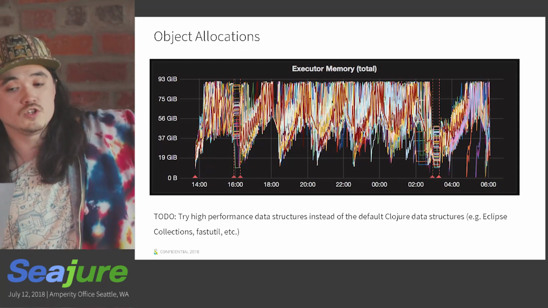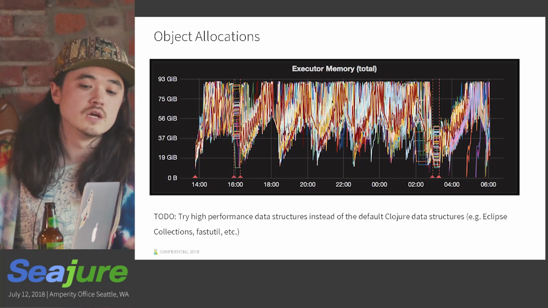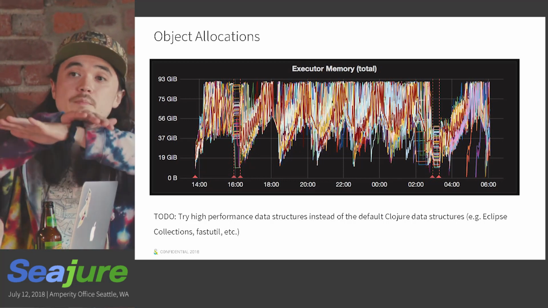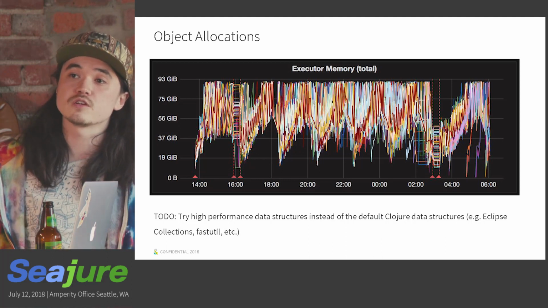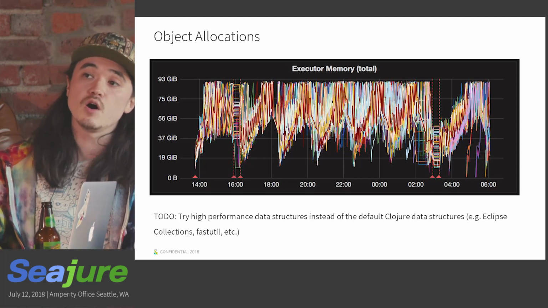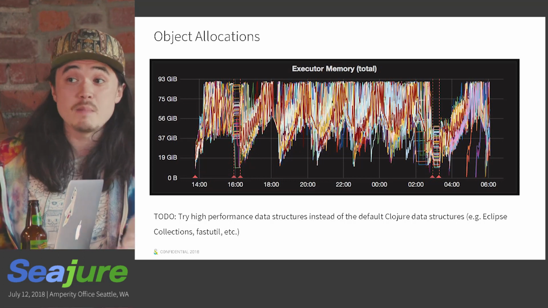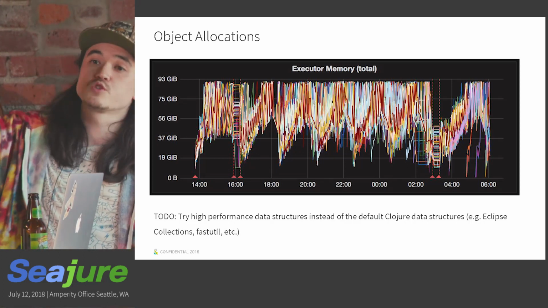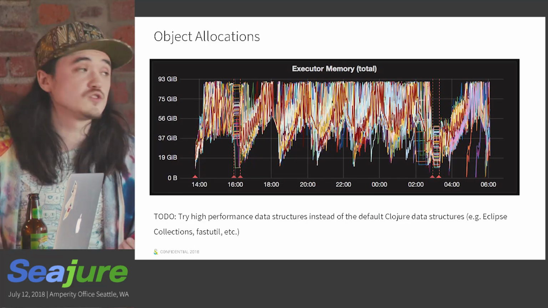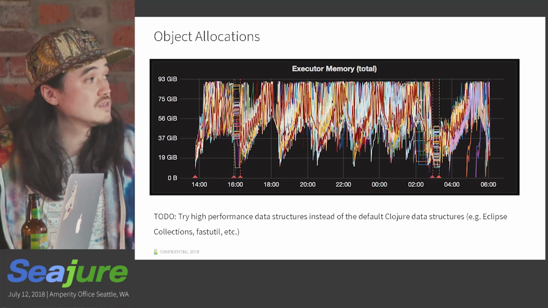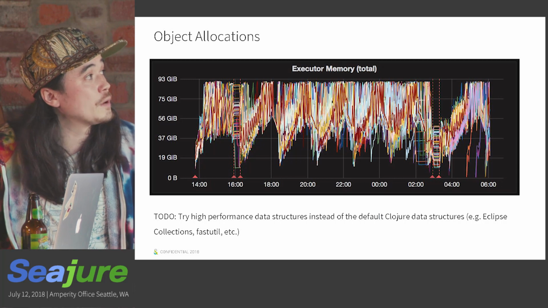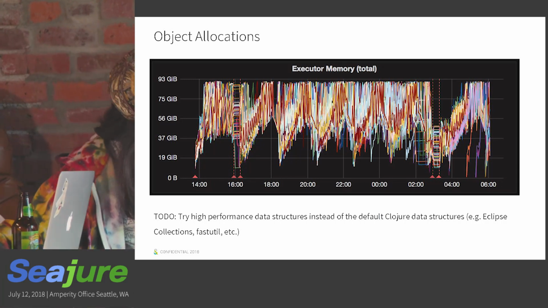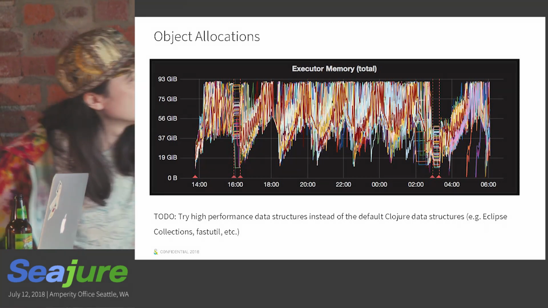Those young collections are really appealing because even though they stop the thread that they're executing on, they don't stop the world. It's not a stop-the-world garbage collection where every single thread on the JVM has to be paused, potentially for many seconds or even minutes in the worst case, so that you can do a full sweep. And it does do a good job of doing that full sweep, but it's highly parallel and things like that. G1 GC is especially good for that, but still very painful. You can see it is not a slow pause there.